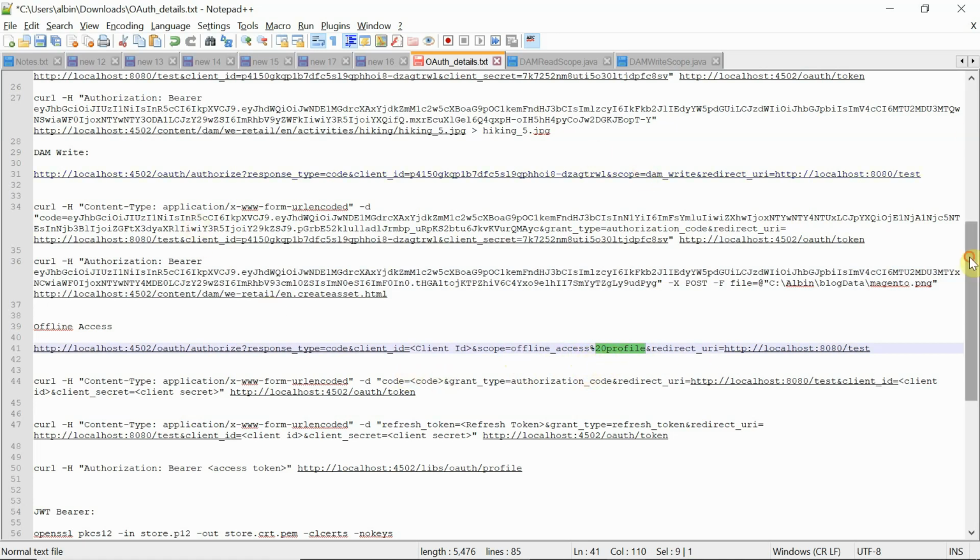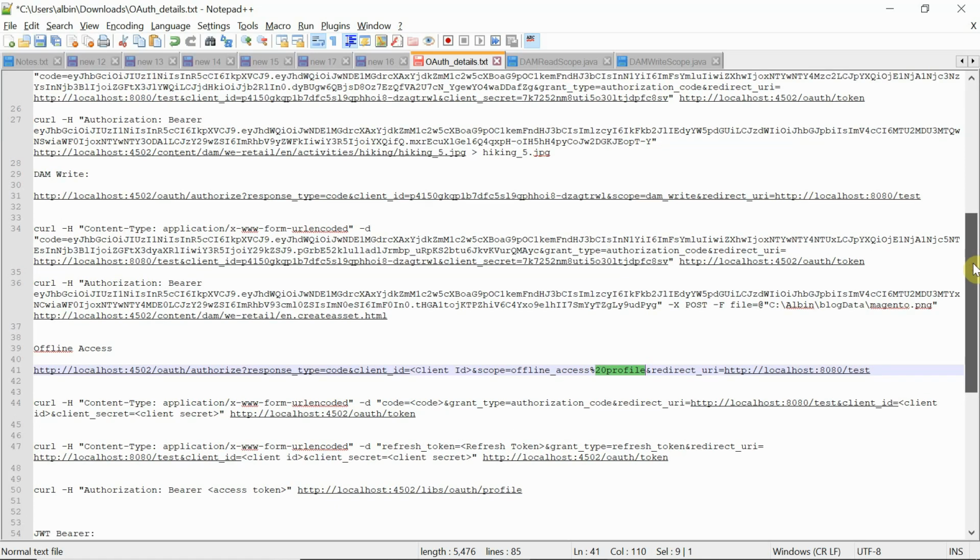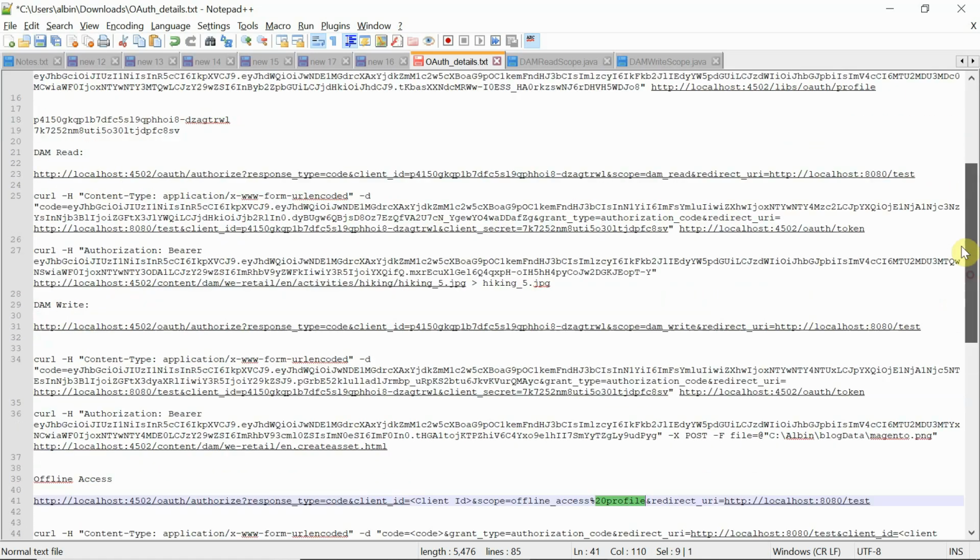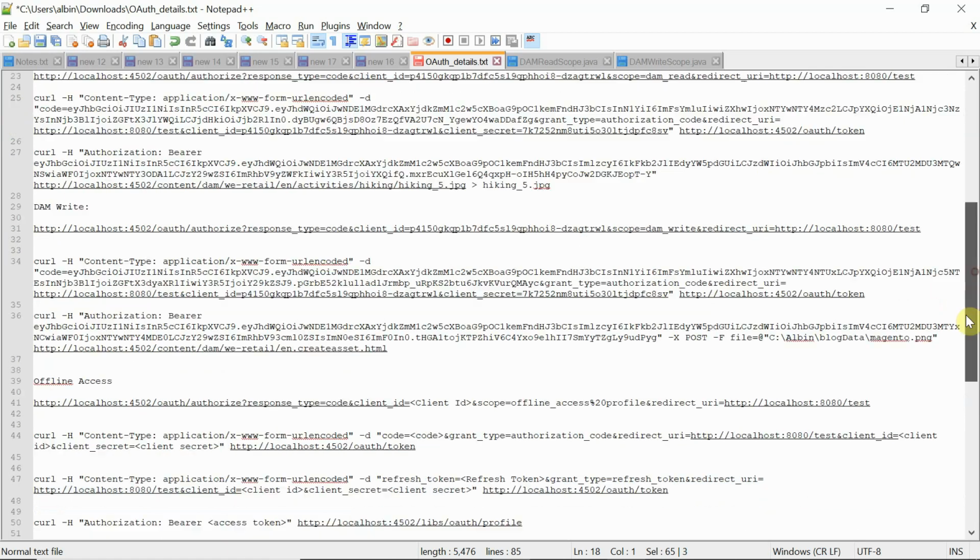Only thing I need now is the client ID. Let me copy the client ID. Yeah, we have the client ID here.